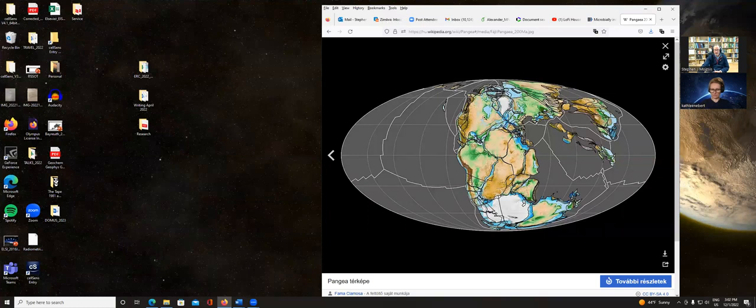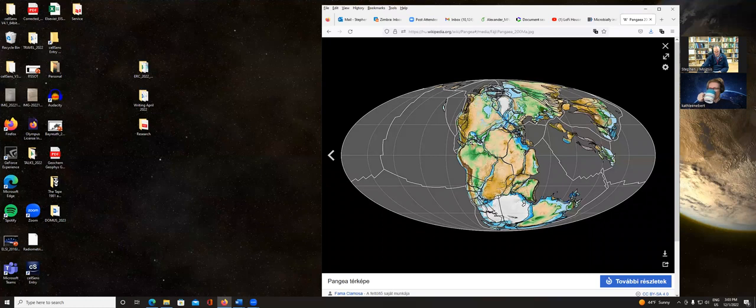And South America and North America here. Immediately, I think you can see that this is just the kind of puzzle piece that you would expect given the shapes of the continents, right?